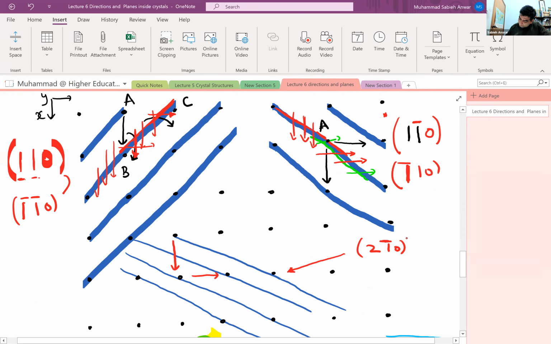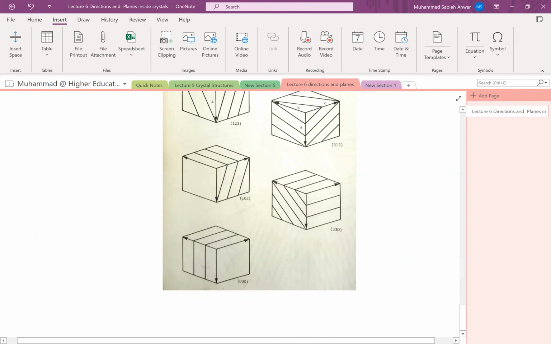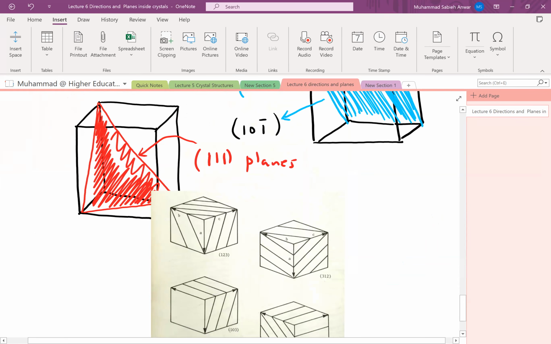ठीक है. सर, हमारा ये जो प्लेन है 101 बार और 1 बार 01, ये इक्विवेलेंट होंगे? नहीं,